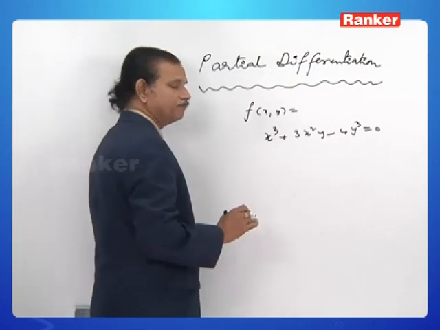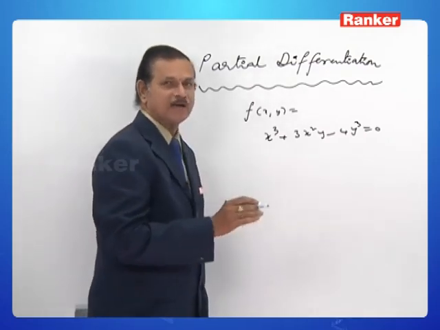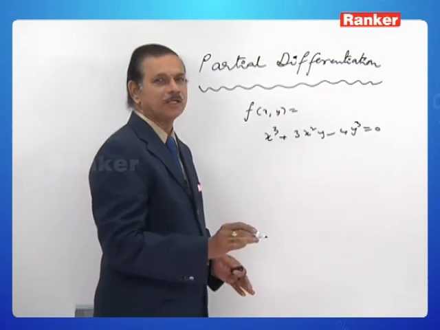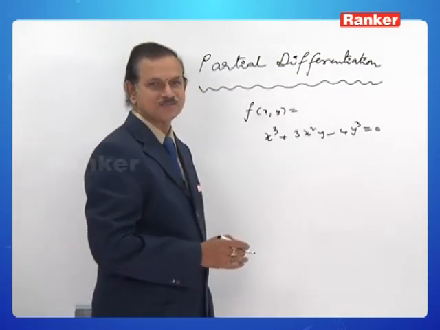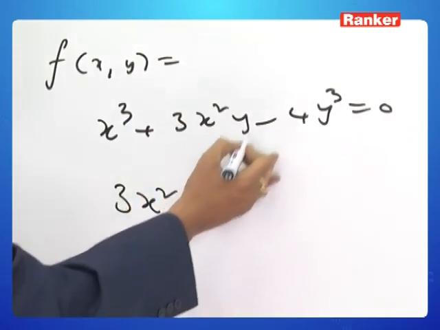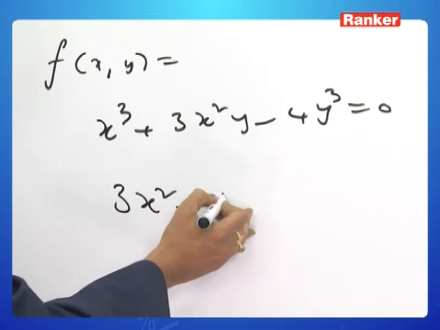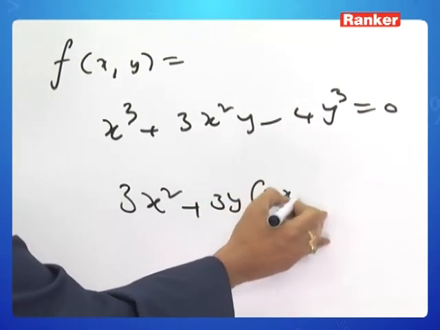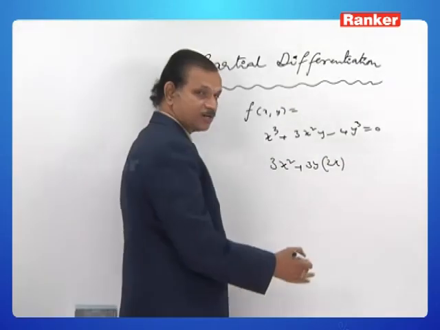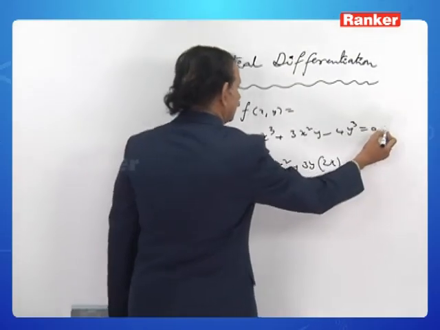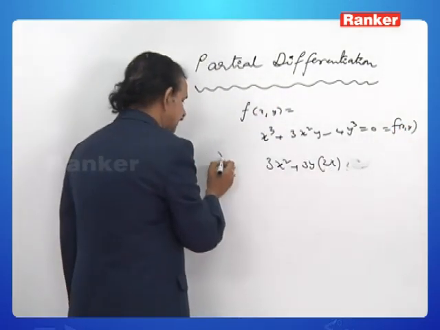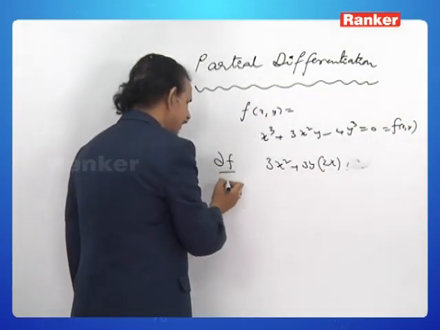But let me first of all find the derivative of this with respect to x only, keeping all the other things constants. x cube gives 3x square, 3x square y, 3y is a constant. For x square it is 2x, 4 is a constant, y cube is a constant, 4y cube is a constant, altogether it is 0. If you name it some f of xy, then this is dou f by dou x,